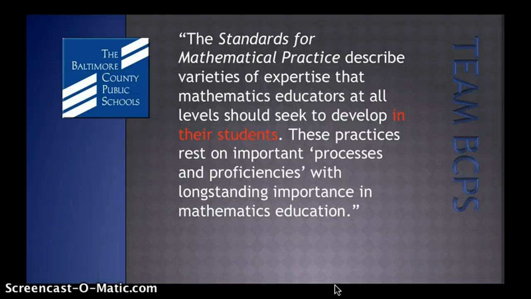I think the most important thing you need to take out of this slide is that it is an emphasis on process and proficiencies, and that truthfully we are teaching children how to arrive at mathematical answers. It's not about whether the answer is correct. It's the process of getting there, and whether they are using the multiple strategies and the multiple skill sets that they need to be successful. And as we know, there are prerequisite skills in mathematics, but we need to make sure that our children are applying those along the continuum to help them meet success.